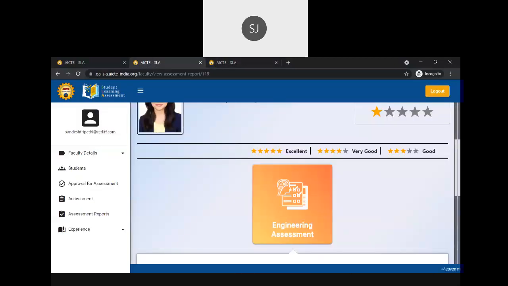This will be the registration. After you click on the registration button, you will have to write down your registration details, and then you will land up on this page.